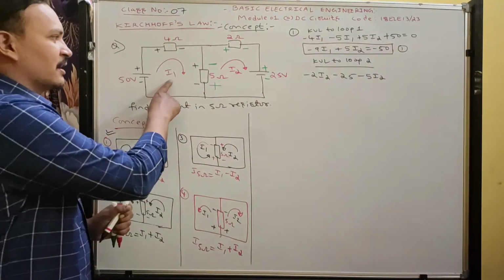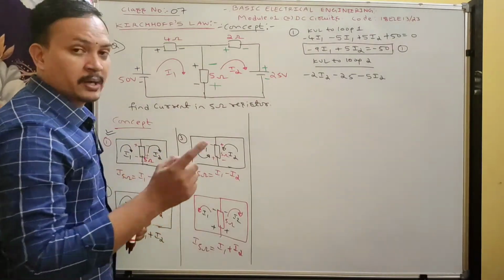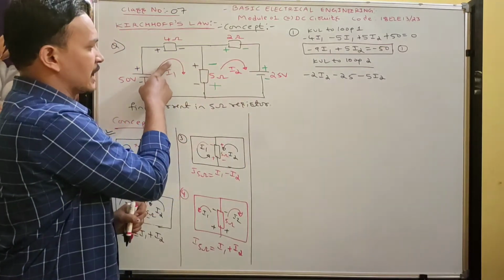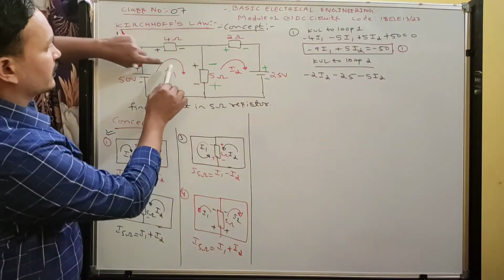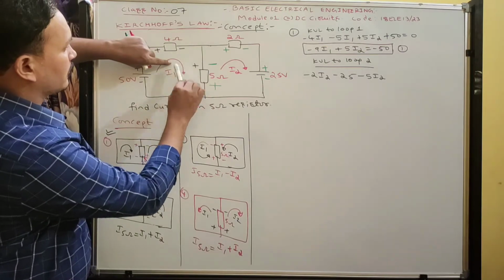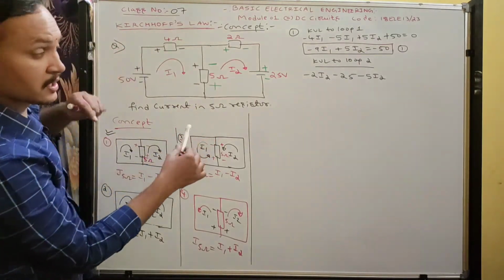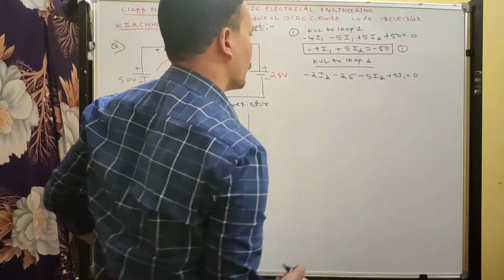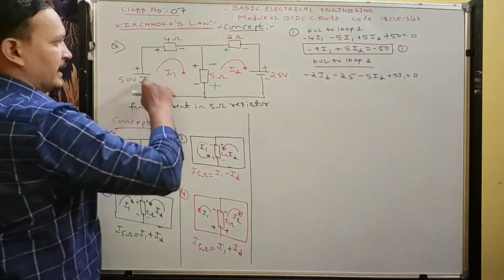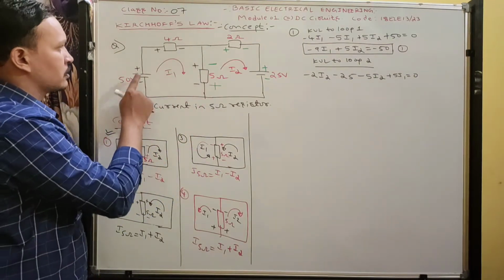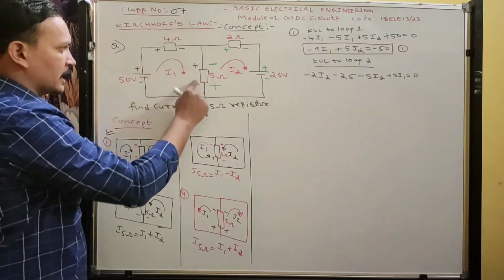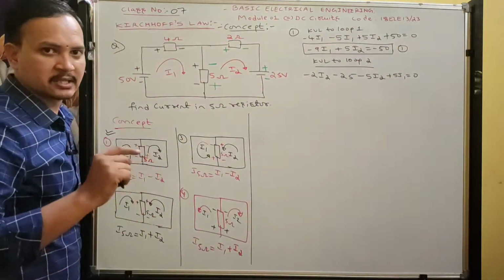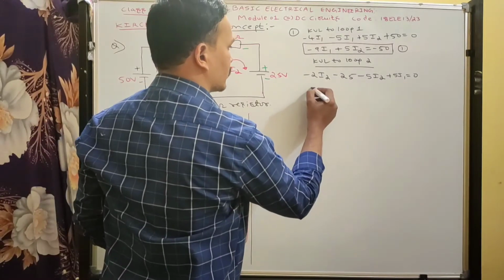But I1 current also flows in the 5 ohm resistance. You are writing KVL for the second loop. Now for this polarity, for this direction, you should write: see, now the I1 current is flowing from minus to plus, a rise. So that is plus 5 I1 equals 0. You should write 0 because in any closed circuit, the algebraic sum of EMF sources and individual potential drops taken with proper sign convention adds up to 0. That is the KVL statement.